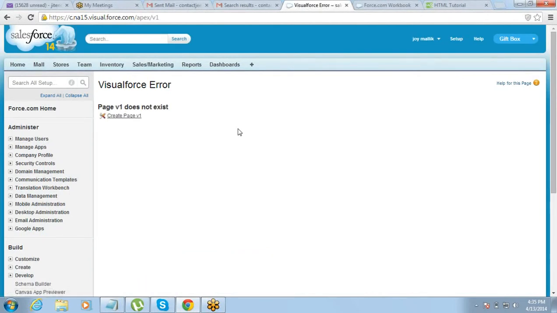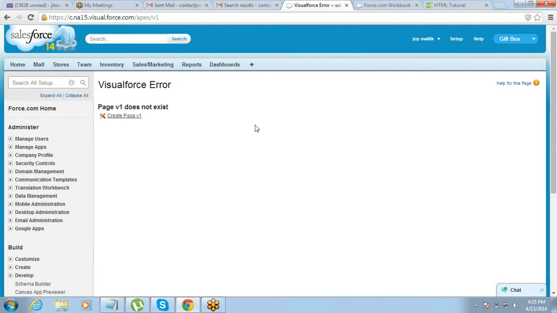We get the error again, but this time the error is a little different. What is the difference between the error that we got last time and this error? Create page option is there, right?